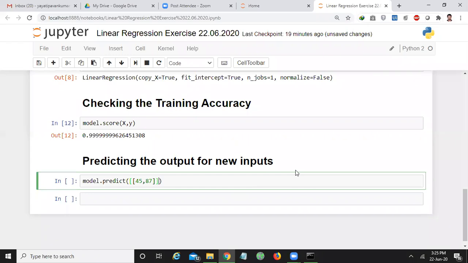Axis equal to 1 is nothing but all the dimensions. I already told you your data will have some dimensions. So your input 1, input 2, and output, all these labels will be in the same axis. Out of those 3 columns, I want to drop only OPT, and I want to consider the remaining 2 as the input columns. The features will be referenced through the axes.